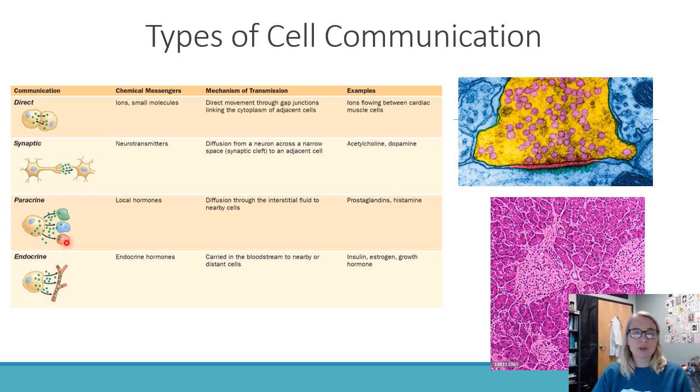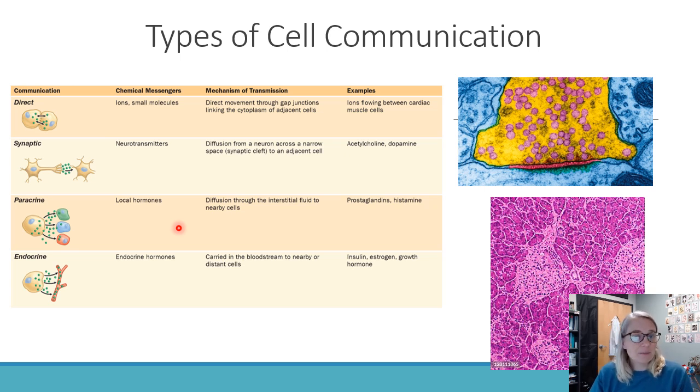The third option is called paracrine. Paracrine is a local communication. So it's just going to be in a very isolated, small location. It's not long distance. It's just kind of your close-in cellular neighbors. They're called local hormones. Sometimes they're called factors. Sometimes they're called prostaglandins or paracrine factors.